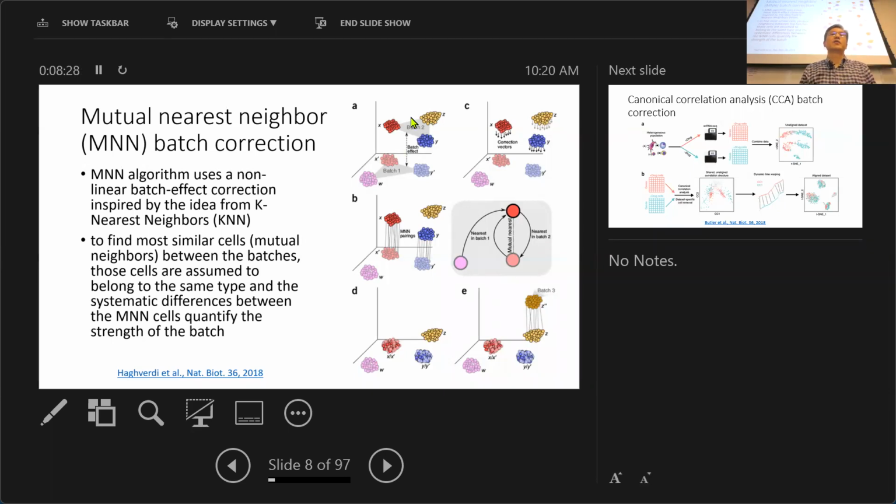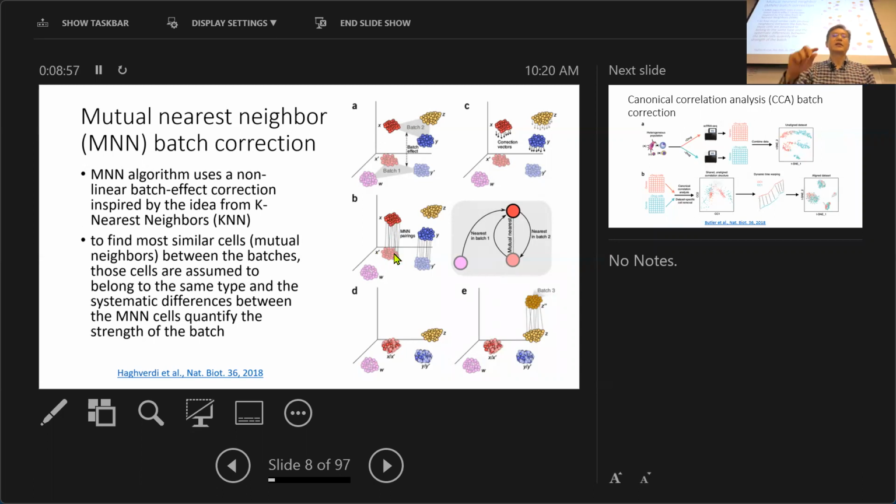And then you have a label, you know those cells are from batch 2 and those from batch 1. So you found the cells in batch 2 and link to the nearest neighbor in batch 1. You found the link. Okay, so in this subpanel B, we try to find those links. The cells in this right cluster have a nearest neighbor in another batch, in this group, so you